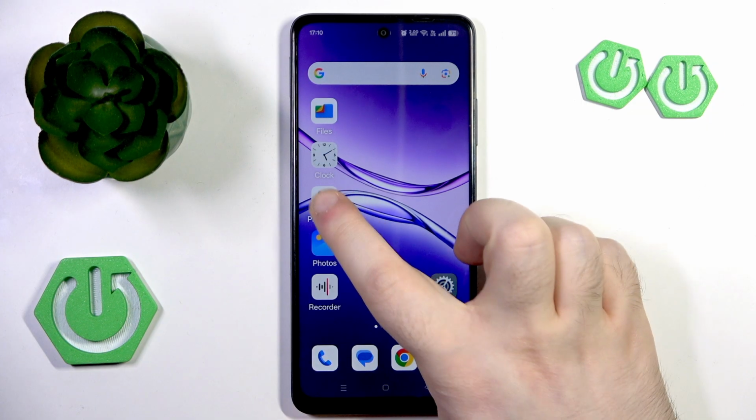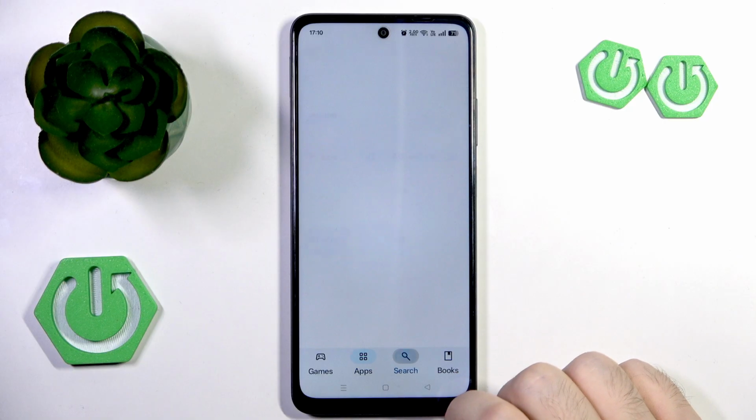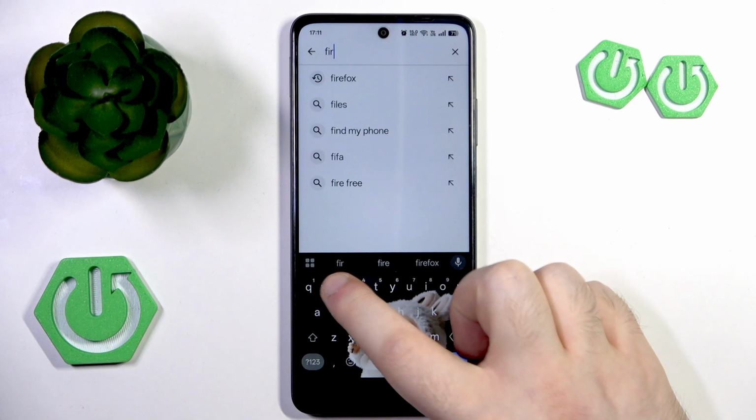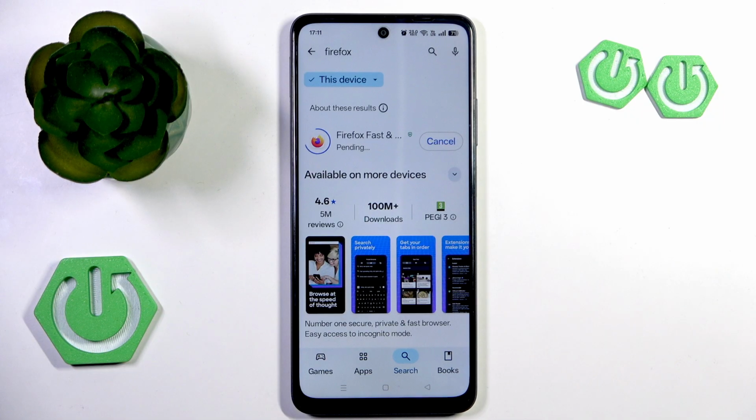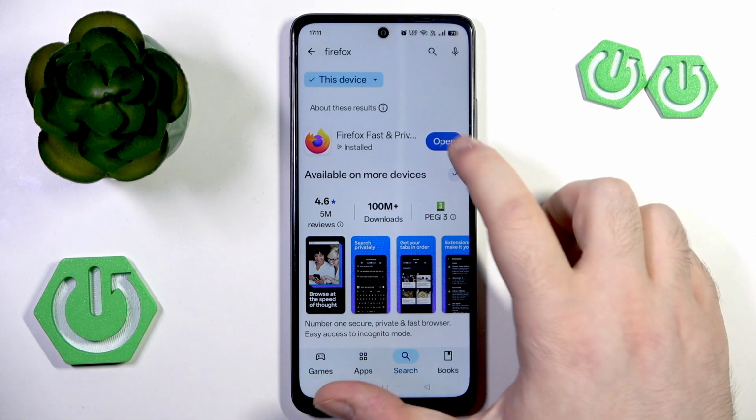So you have to start by opening your Google Play Store, then click on the search bar and type in Firefox, then click search and click install. Now you can click open,